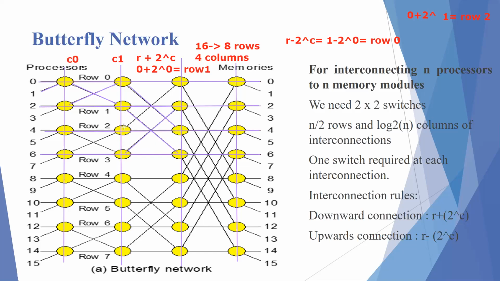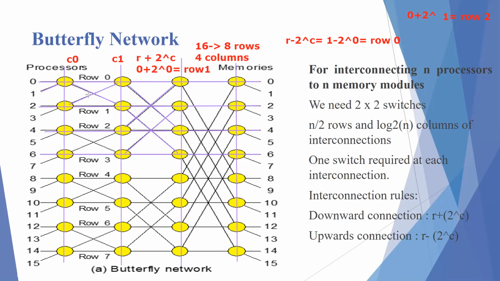And 2 minus 2 makes row 0. Okay, are you all getting? Yes, ma'am. Okay, so the rest of the connections, I guess you can jot down yourself and